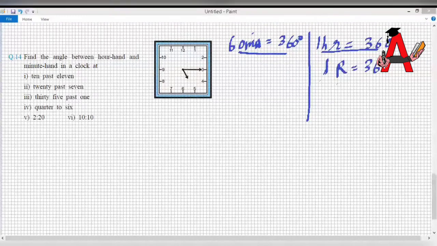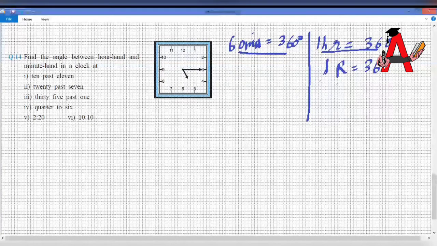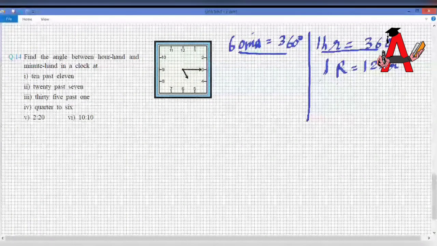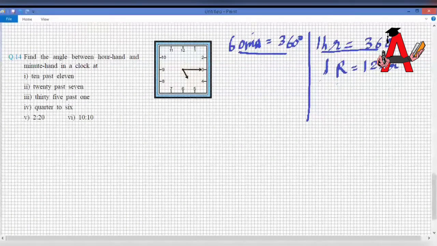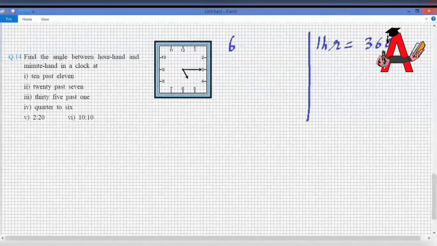That is what I told you last time. But one rotation contains 12 hours. One rotation has 12 hours and one rotation has 360 degrees. I'm sorry, 1 hour I have written. This is one rotation for an hour clock,